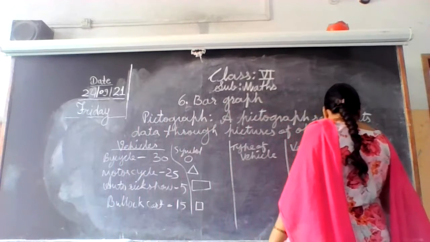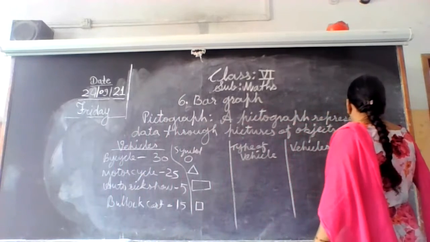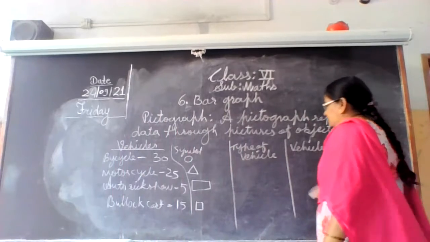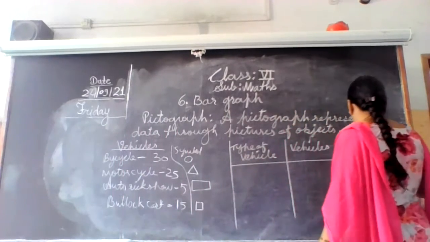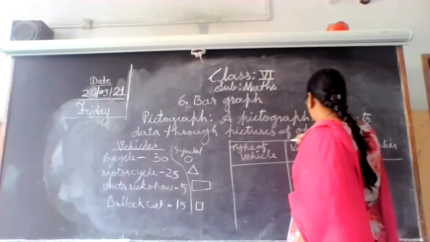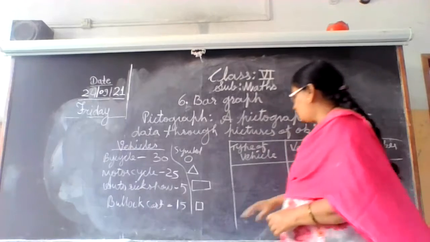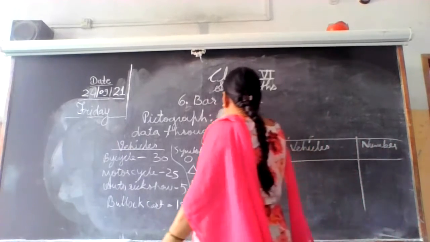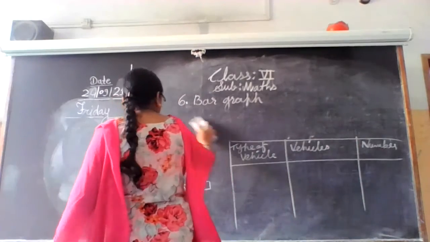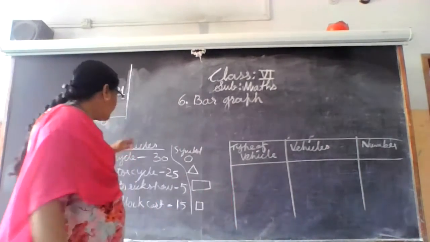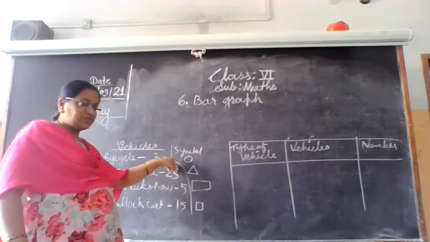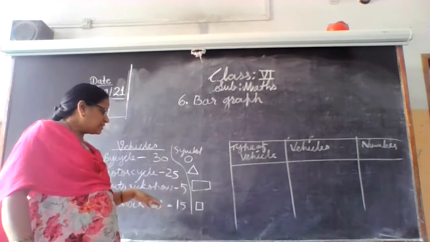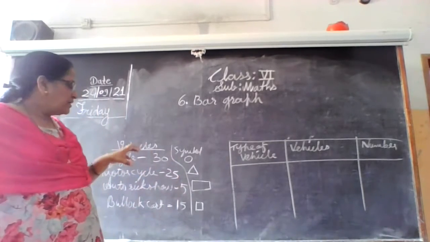And here number. So see children. Instead of drawing 30 bicycles, means 30 circles, 25 triangles, 5 rectangles, here we can take